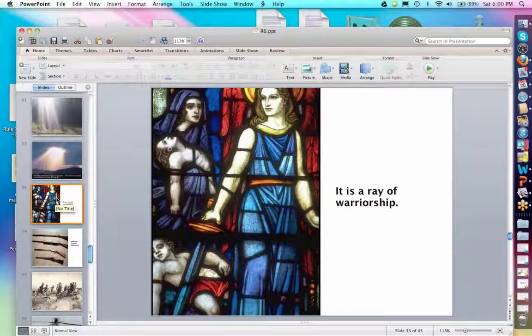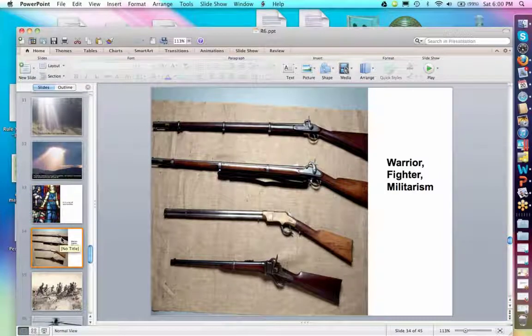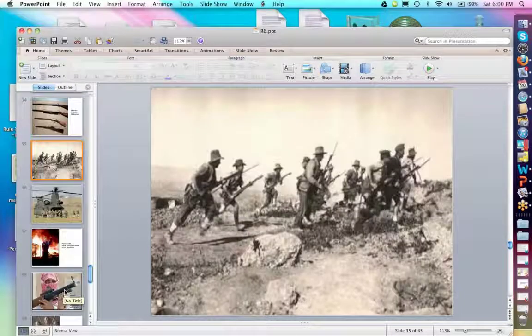Now, why warriorship? Up till now, we've seen a relatively soft side of the sixth ray, that of devotion, that of loyalty, that of holding the image up. And devotion carries with it love. So, where does warriorship come in and fighting? Well, if you believe in something so strongly, you're going to fight for your beliefs. And that's how the sixth ray becomes the warrior. They fight for what they believe in, whether it is a person, an ism, a religion. It brings with it the fighting spirit, militarism. People will fight for what they believe,